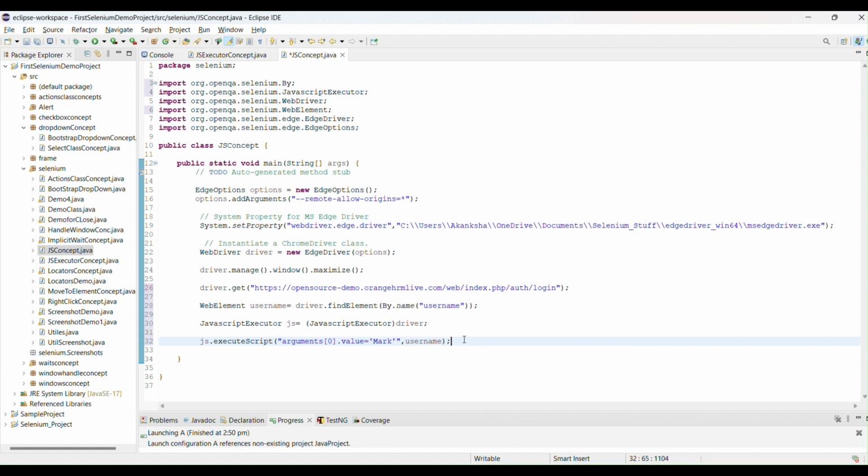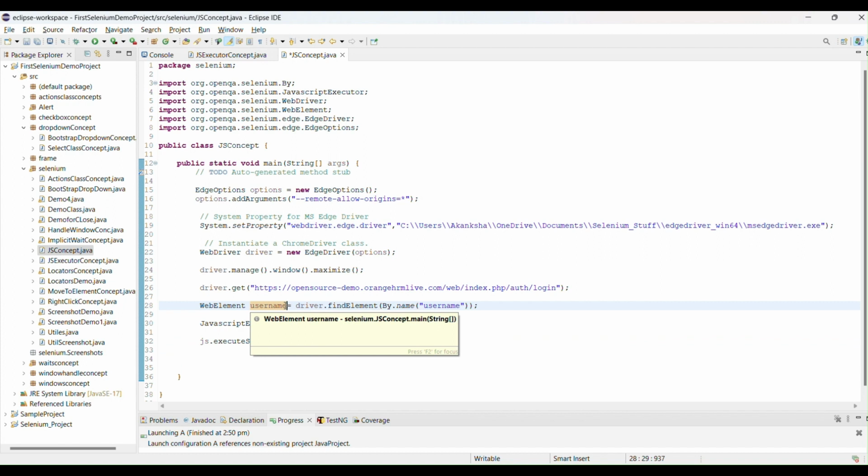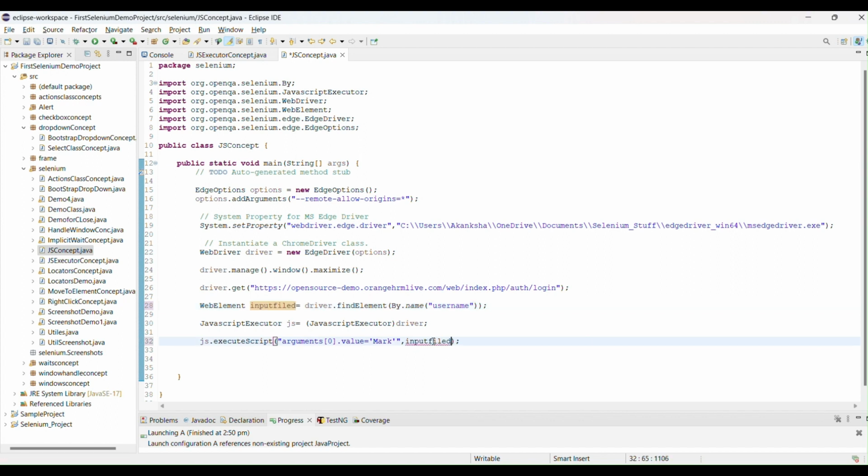Now I want to give a different name here, in the input field. So the same input field I will pass here, and then close.